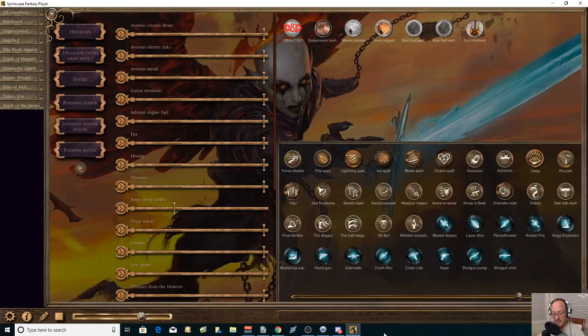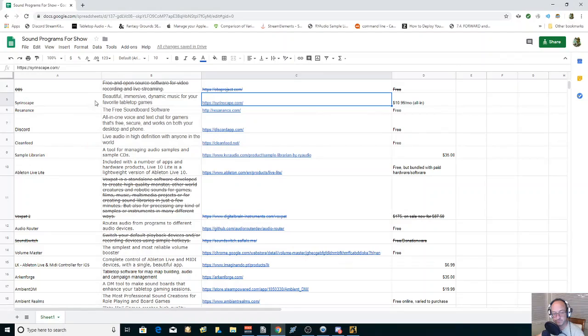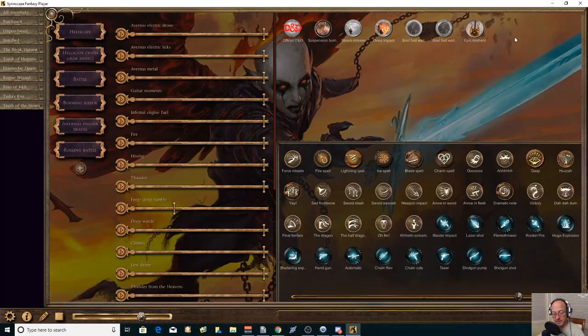Pretty cool. Really cool program. I love it. It does have a paid feature. It's $10.99 a month all in. I recommend it. And there's also an online version, but because of the integration within Fantasy Grounds, and I won't belabor that point since some of you may not be watching this stream for Fantasy Grounds, but